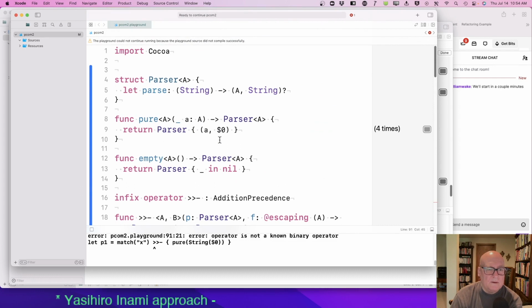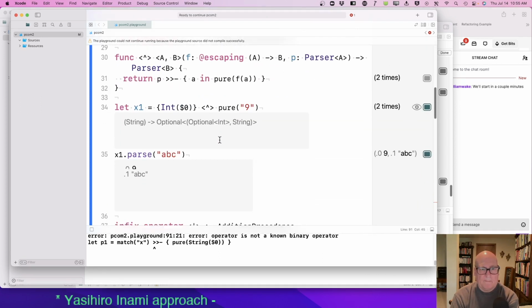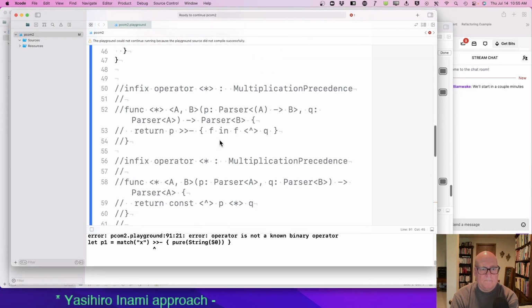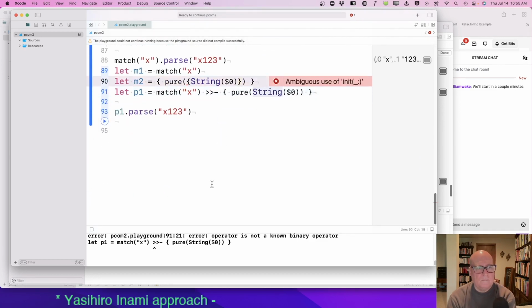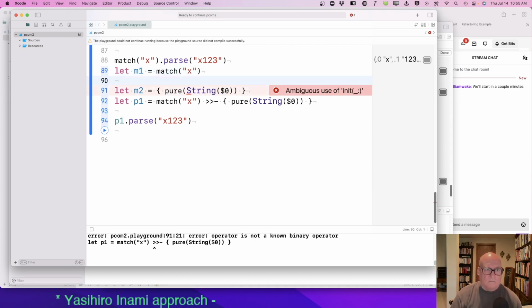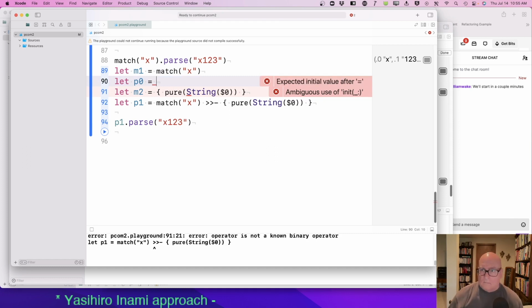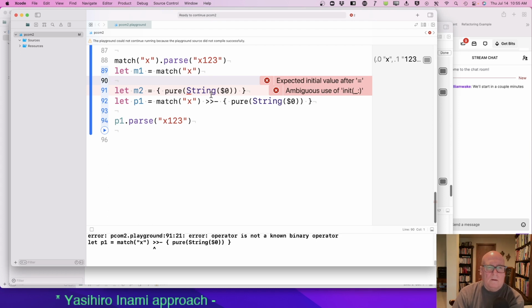Pure wants a constant value. String of $0. Okay.